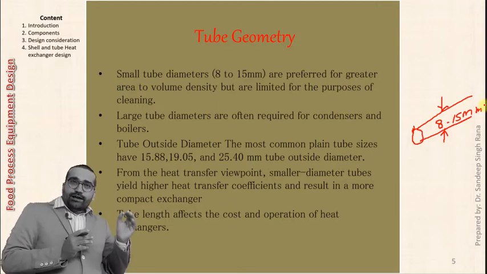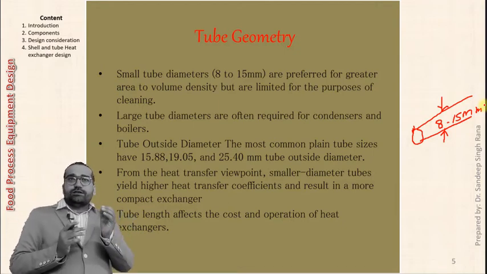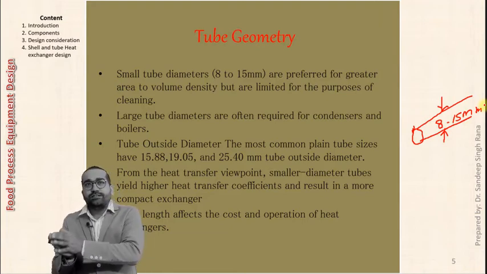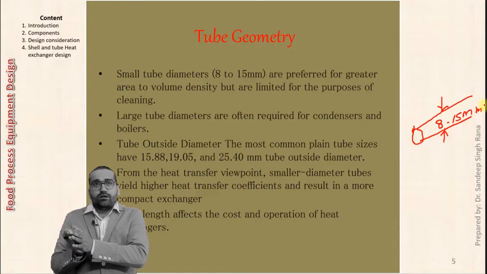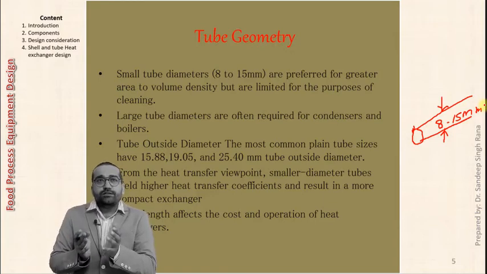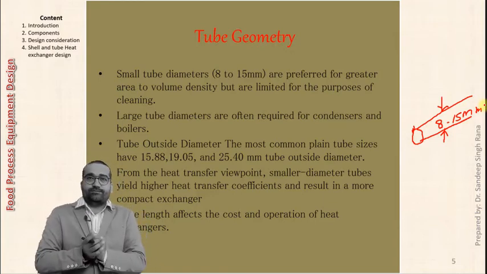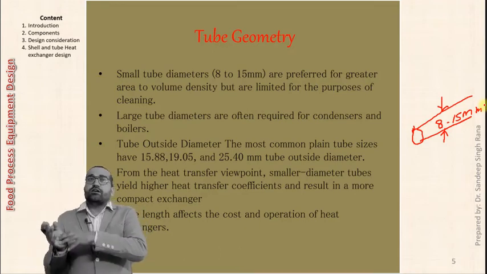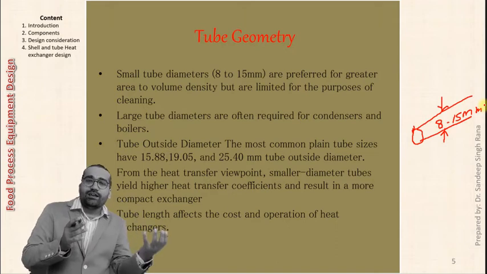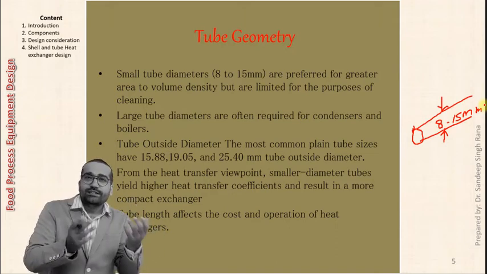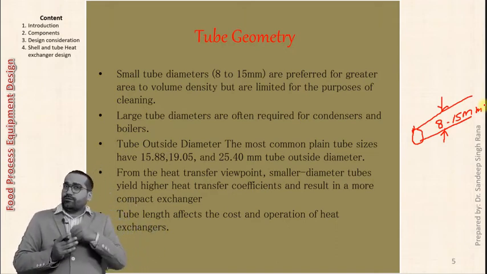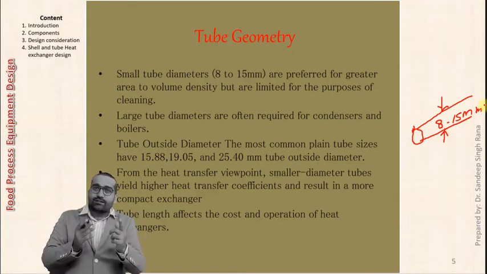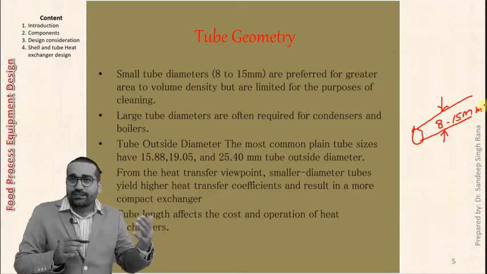So why do we keep it small? Because it gives the greater area to volume density, but it also limits cleaning. So the smaller the tubes, the more difficult the cleaning, but the better the area to volume density. So why are we talking about area to volume density here? Because we know that when we are heating something,